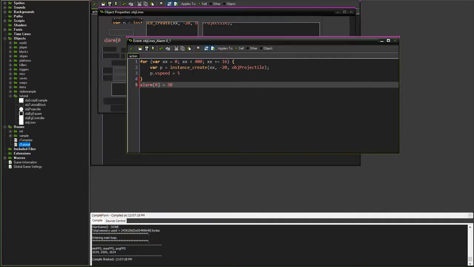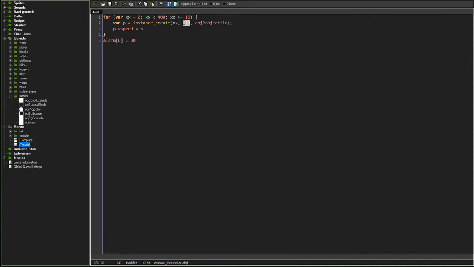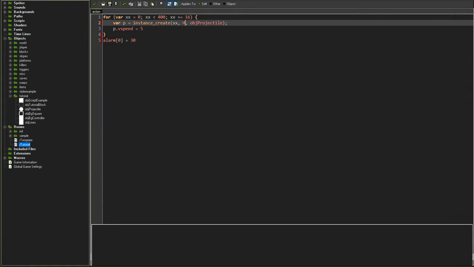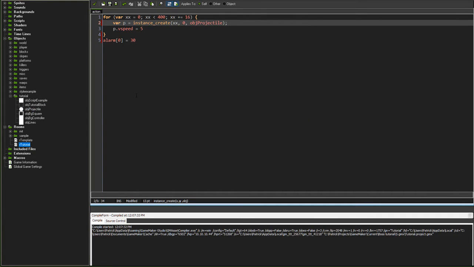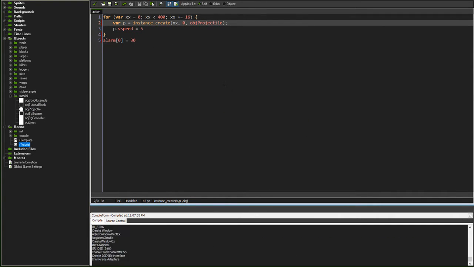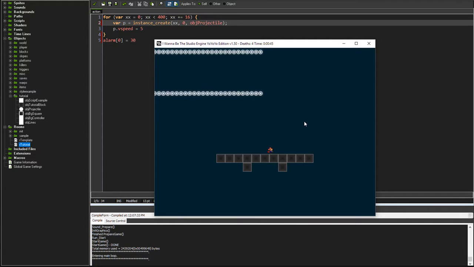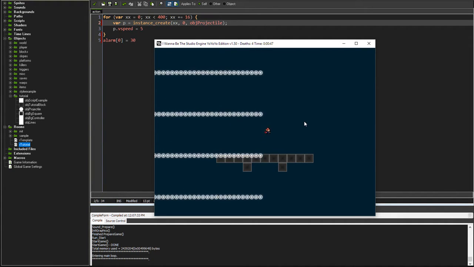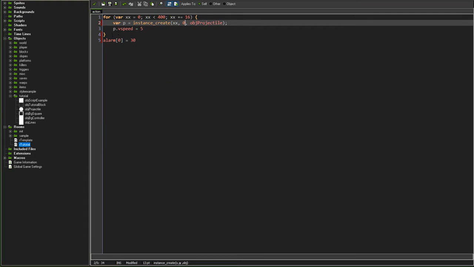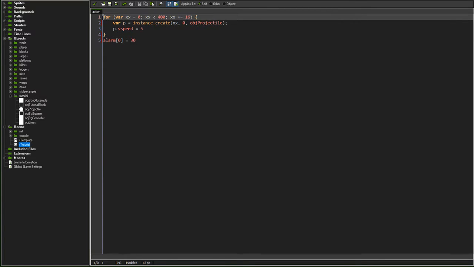I don't know why this isn't working. Oh, I know why this isn't working. Let's make this 0. Because I made my projectile destroy itself when it's out of the room. So it's destroying itself immediately on spawn. Okay, there we go. So now this is 1/2, and then now we want to sometimes do left and sometimes